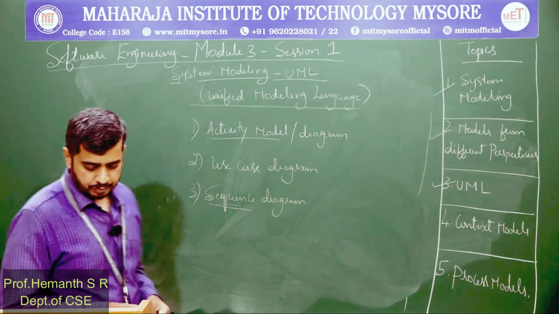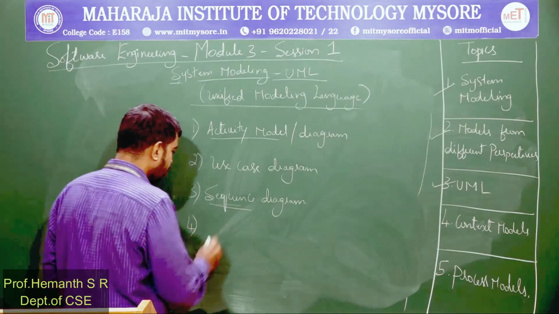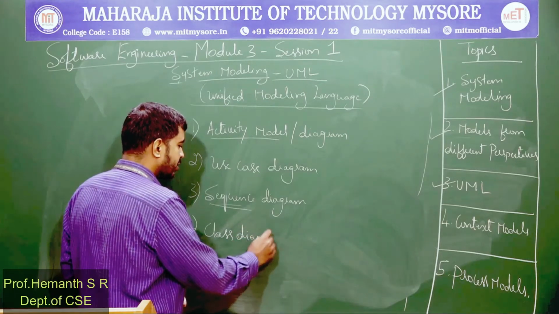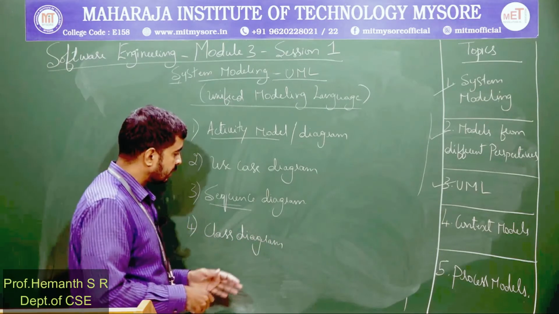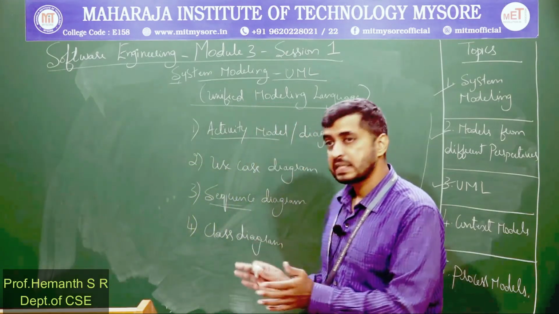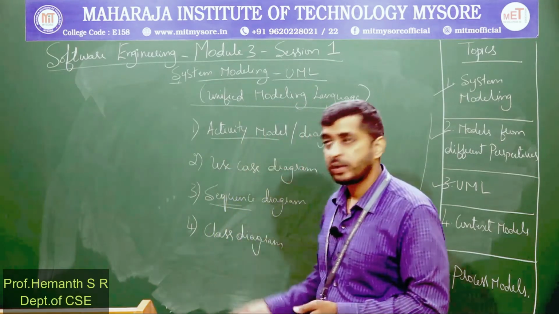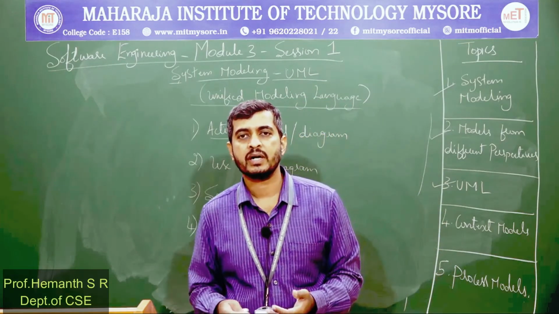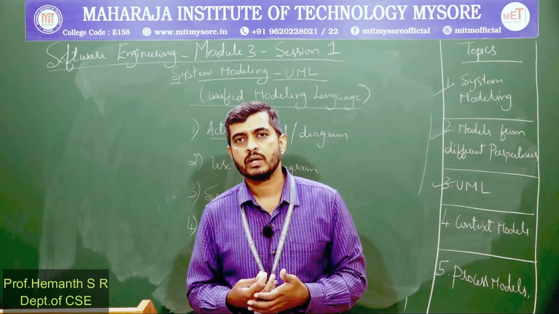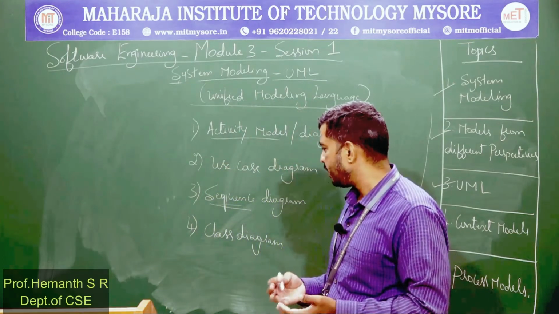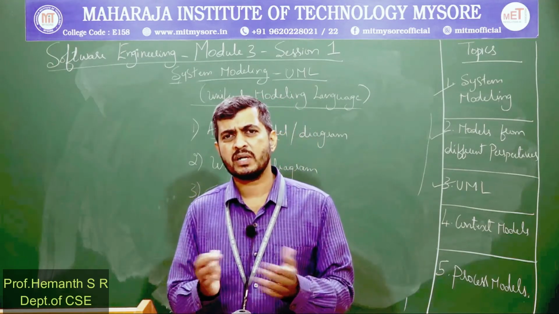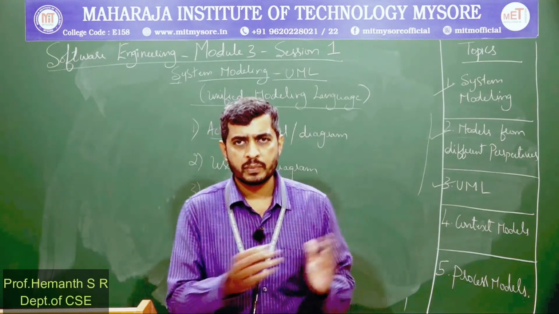Now coming to the next one, the fourth one. The fourth one is class models or class diagram. We have already explored class diagram, class model in the second module, because the major emphasis in design, if you are using object oriented design, is on identifying classes and objects, because that is the starting point. So you have identified the classes. For each class you have identified the properties and operations. You present it.